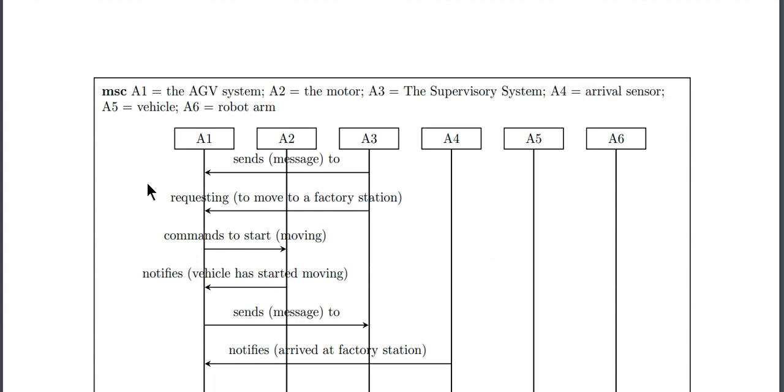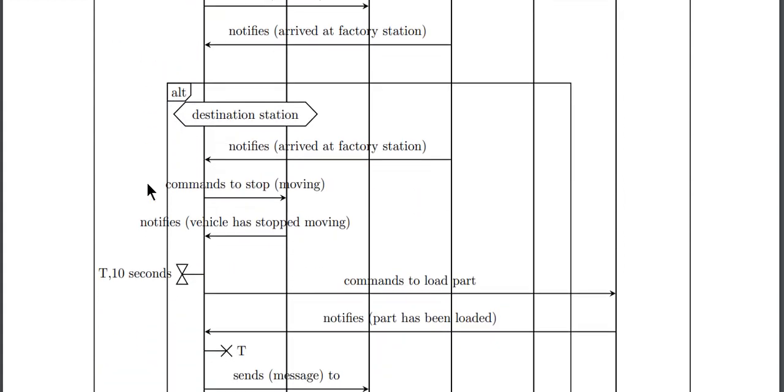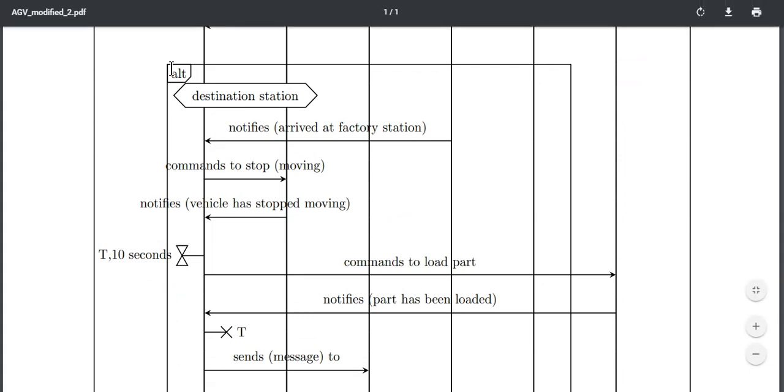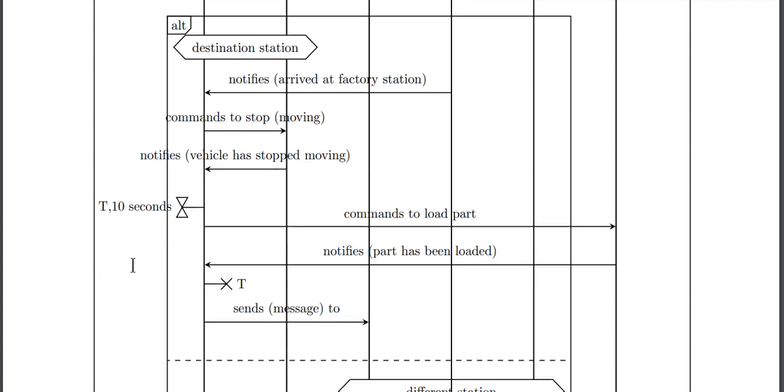There are various other constructs that are also highlighted in an MSC, such as this particular alt box. Now here an alt box shows us the various paths, or the alternate paths, that are possible in a use case. Messages that are shown in this kind of box are known as conditions. So it is like the if statement, and the condition that we write is denoted in this kind of box. Also, if you see, this is a timer.